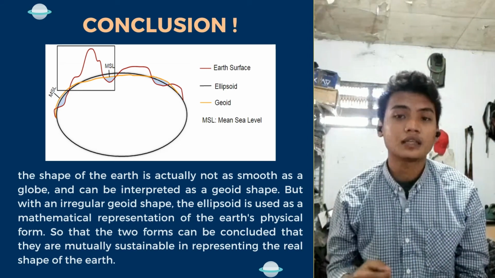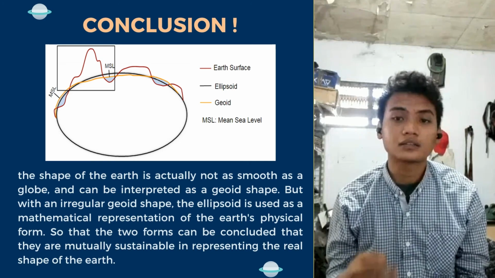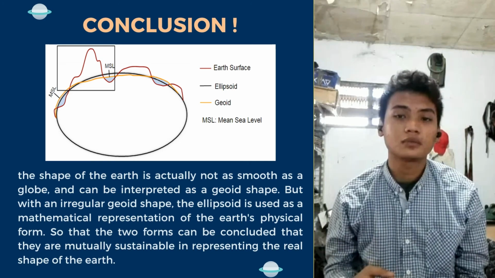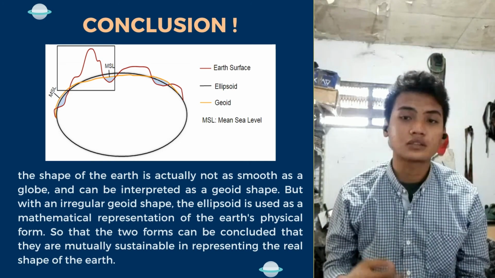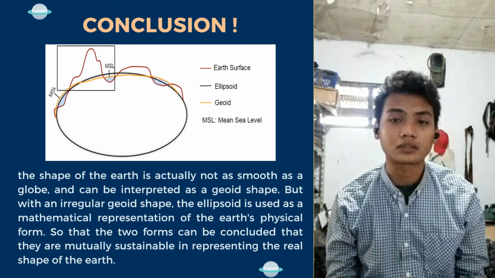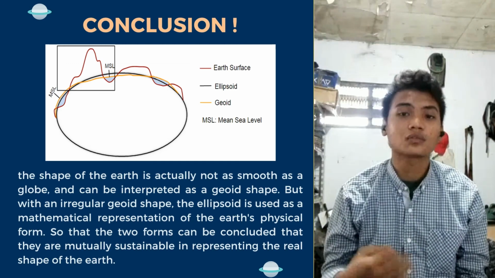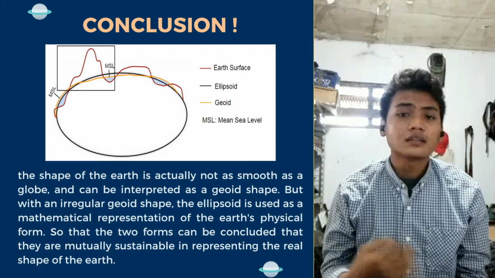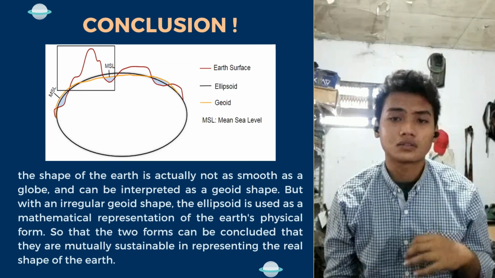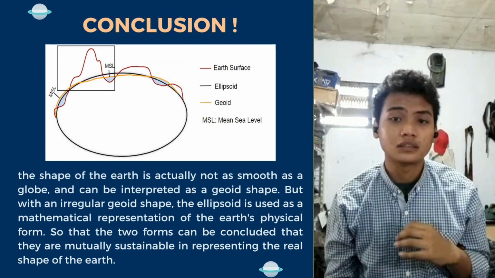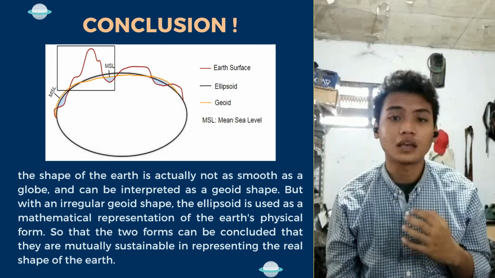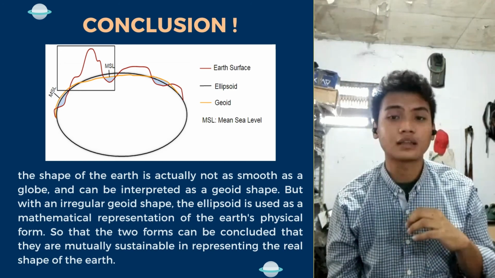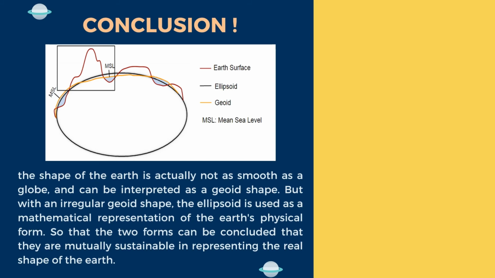An ellipsoid is an ellipse rotated on its short axis. The difference between the geoid and the ellipsoid is not more than 200 meters. In accordance with Newton's theory, the centrifugal force caused the Earth to experience compression. The polar radius of the ellipsoid is shorter than that of the equator.